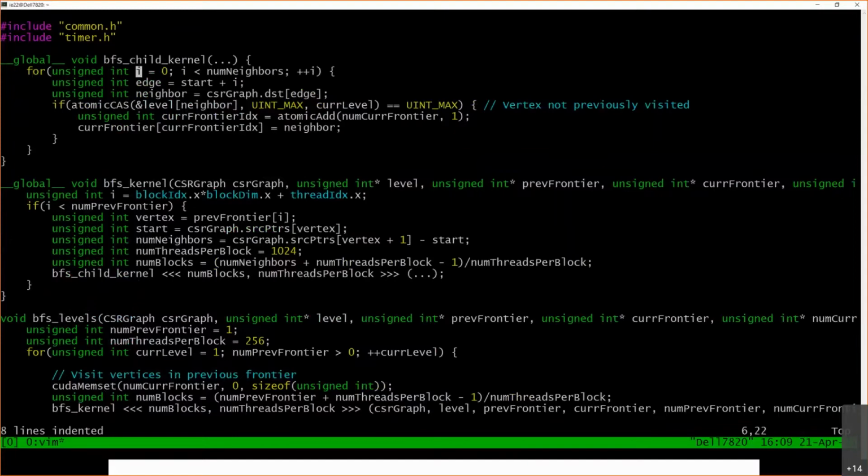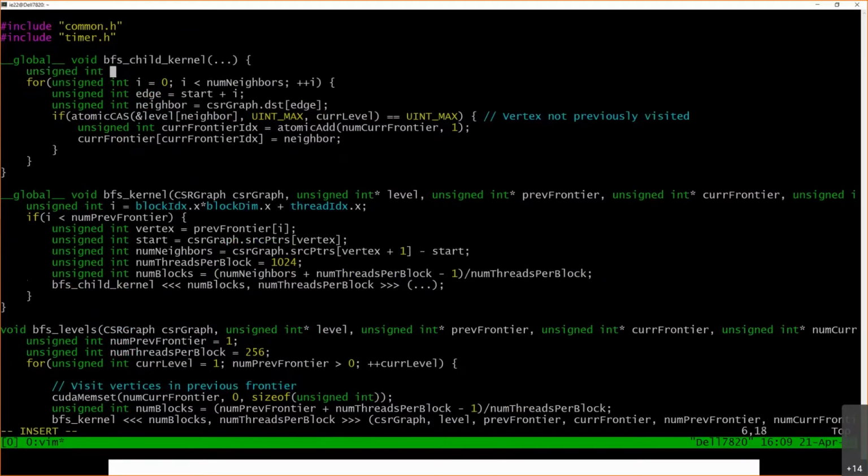So I'm going to have unsigned int i is equal to blockIdx.x times blockDim.x plus threadIdx.x. And then here, rather than having a loop, I'm just going to have a boundary check. So I'm going to check if i is less than the number of neighbors. Oops, I have a mistake here. So every thread takes one of the neighbors and checks if it's within bounds, and if it is, it